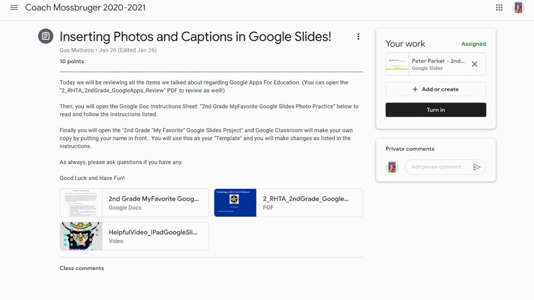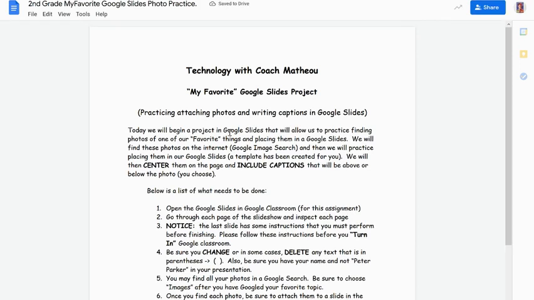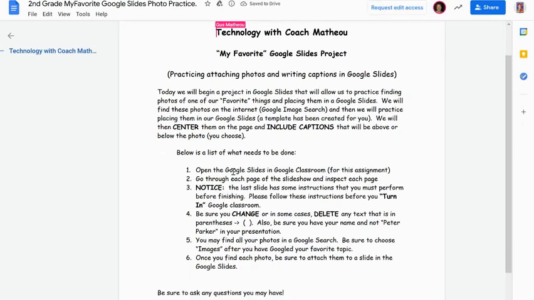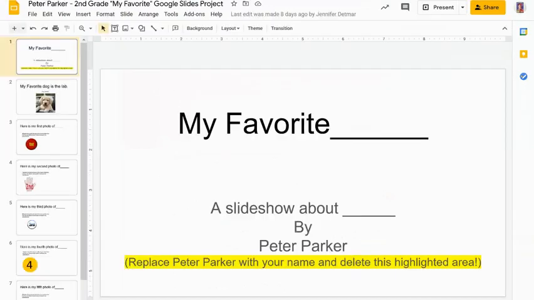So the first assignment, if you remember, was called inserting photos and captions in Google Slides. And if you remember, I had a video on how to do all this with an iPad, and I had given you instructions on what needed to be done. So I'm not going to go over all that again, but I just wanted to point out to you, here is the list of things that needed to be done. Okay. And this time what I'm going to do is perform this as if it were a